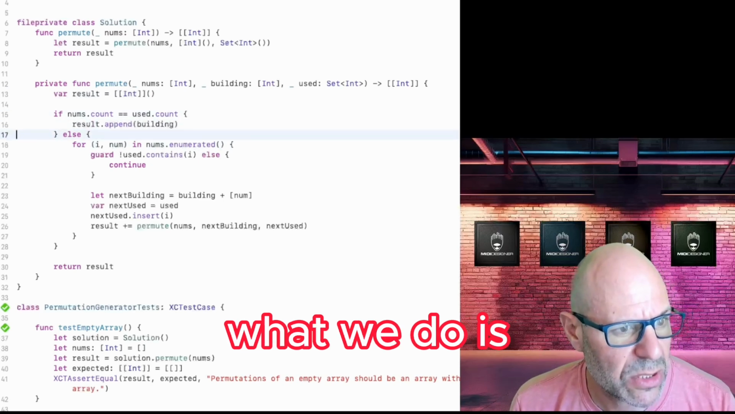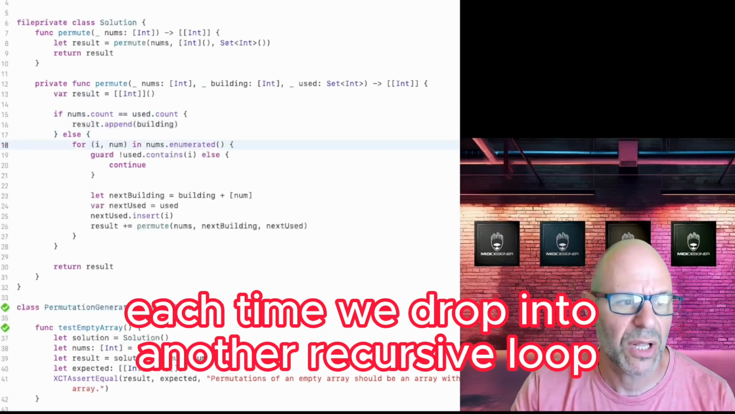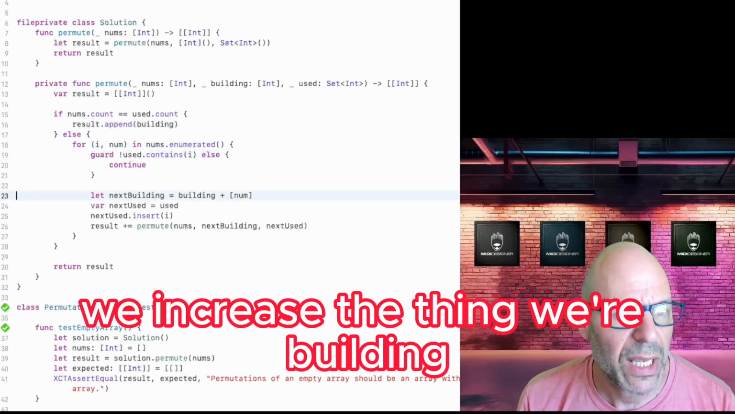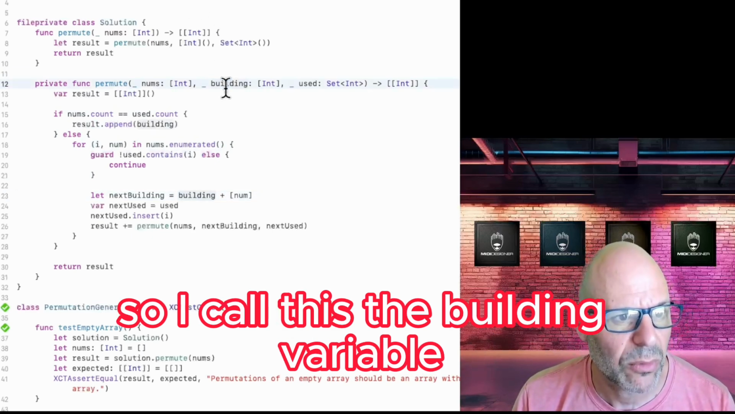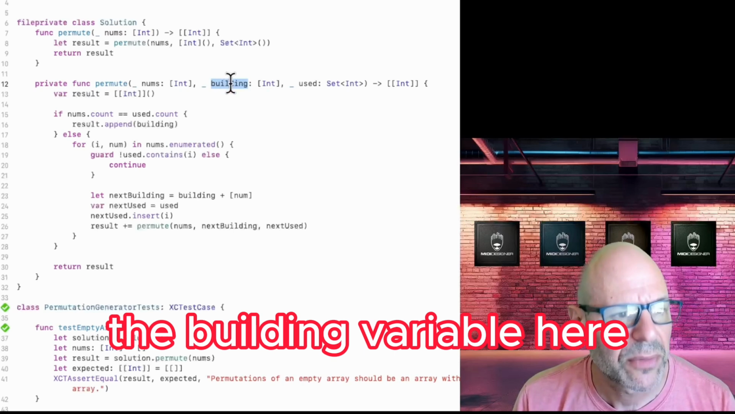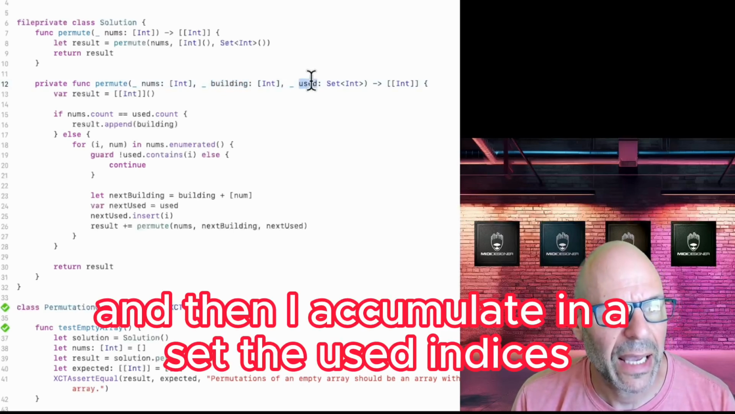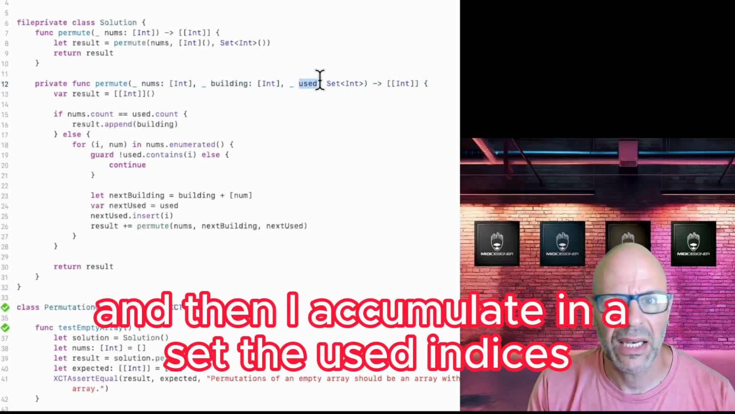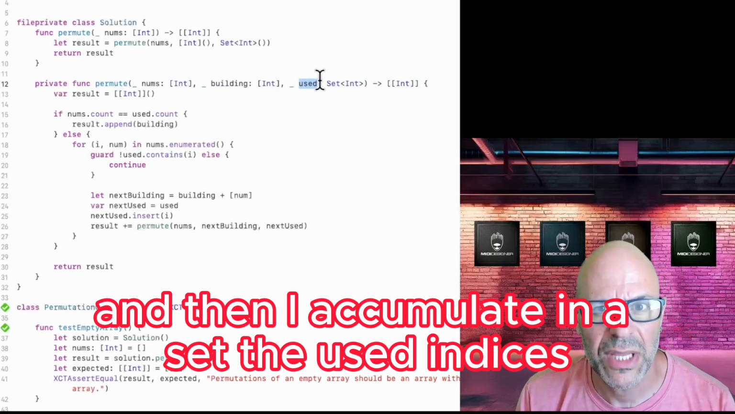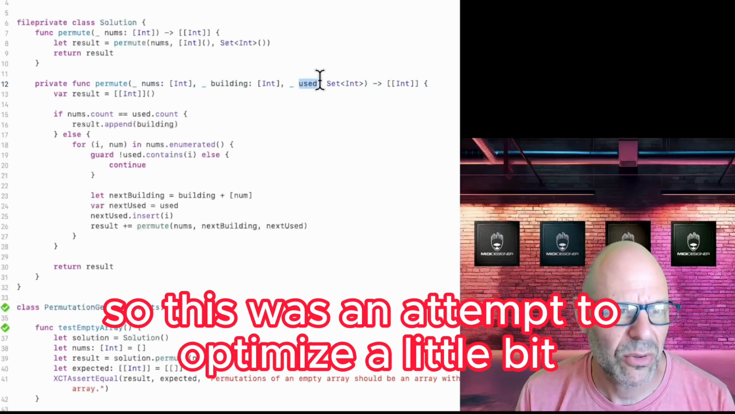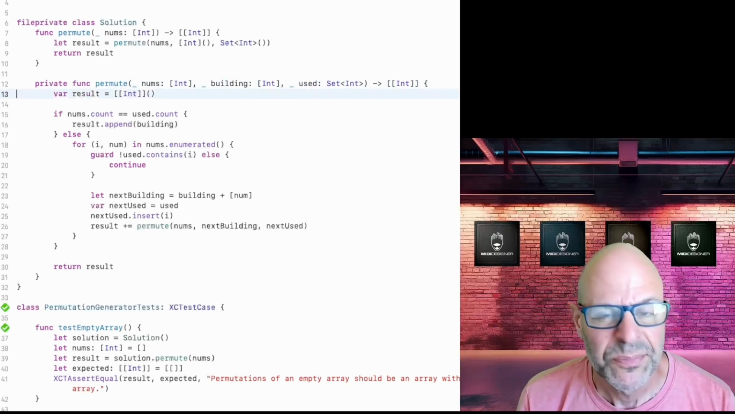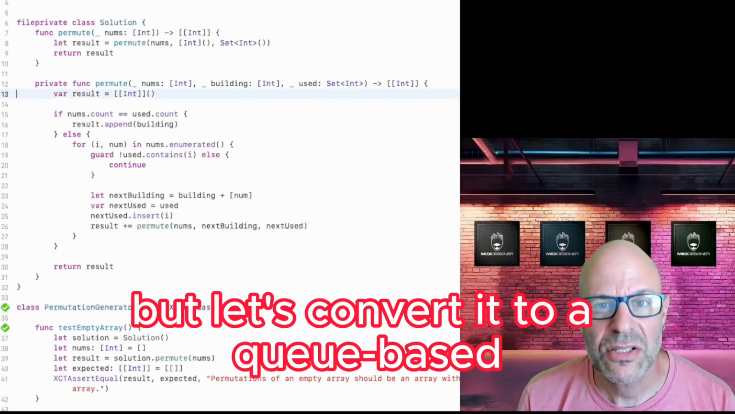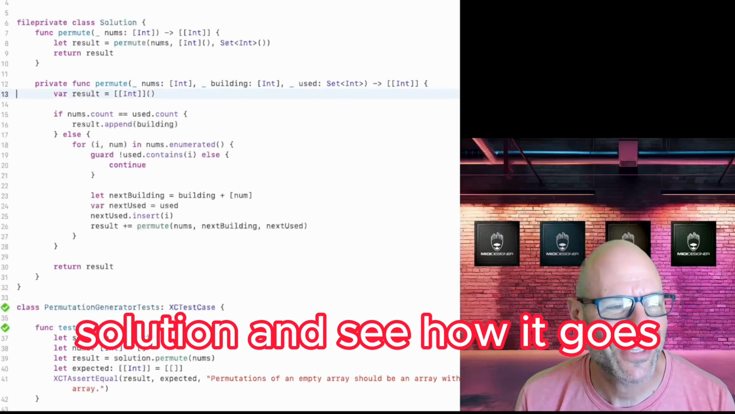So basically what we do is each time we drop into another recursive loop, we increase the thing we're building. I call this the building variable here. And then I accumulate in a set the used indices. This was an attempt to optimize a little bit, but let's convert it to a queue-based solution and see